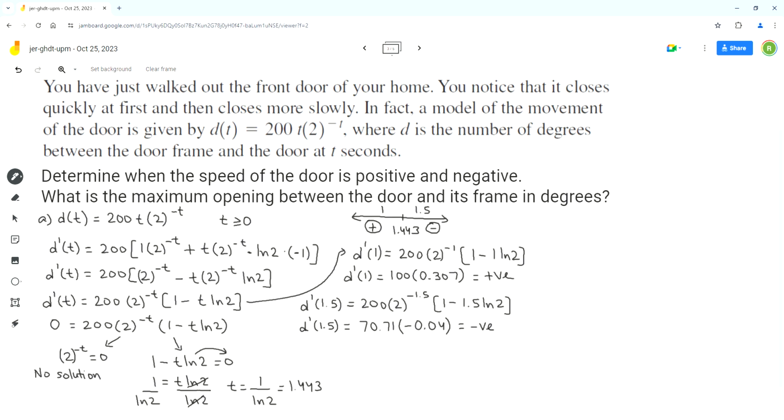Let's start with the positive. Now we found that the derivative is positive on the left side of this critical number, and as per the domain, the t value has its lowest value equal to 0. So that's the lowest possible value for t. That means the interval when the speed of the door is positive is, so this is the answer in interval notation, and in the inequality notation we can write the interval as,